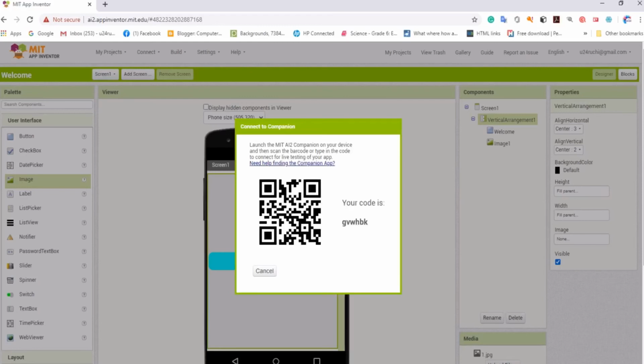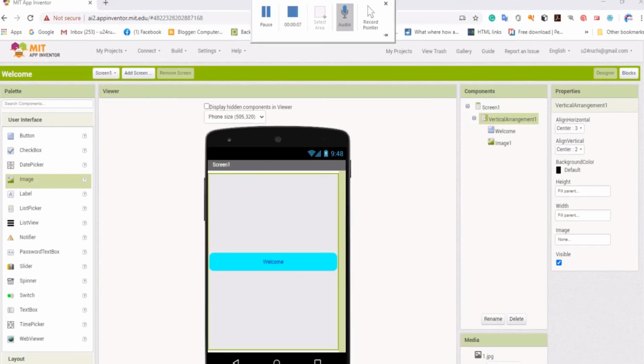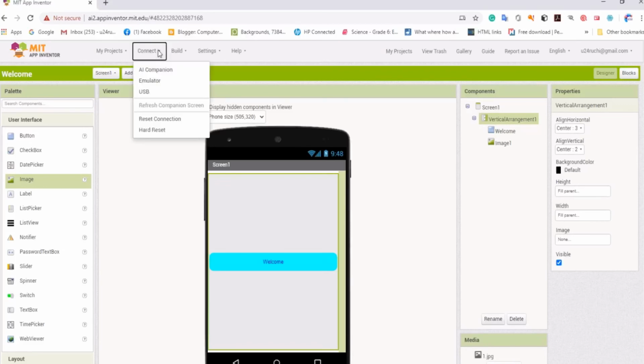Now let's see, if we don't have this, how to do it. I'll show you how to do that also without this. Okay, so let's wait. Let me tell you, now you will see here how to do it. Here is one option, that is connect. As I showed you in my mobile phone how to connect, I already downloaded it in my phone. This simulator, if you want to do it from your computer system, of course you have to download it first on your computer. I will tell you this also.